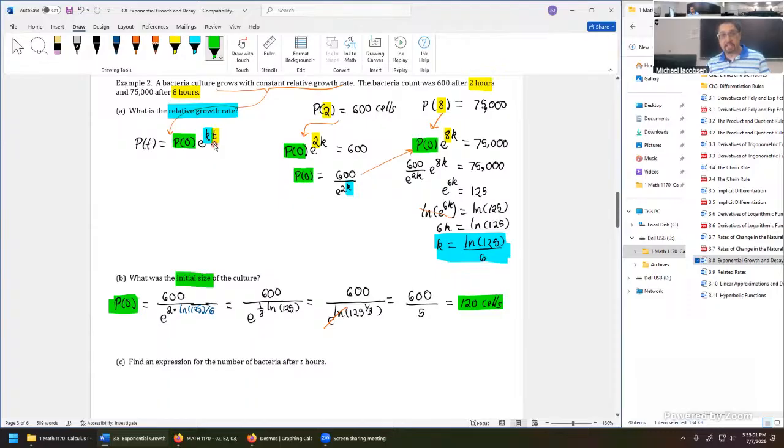That model isn't perfect. It's just going to be fairly accurate in the short run. In the very, very long run, it's going to not be effective at all. The bacteria is going to run out of space, run out of food sources. But if it's following this model pretty closely within, say, 28 to maybe 48 hours, then that's a reasonable expectation. We're expecting 120 cells.